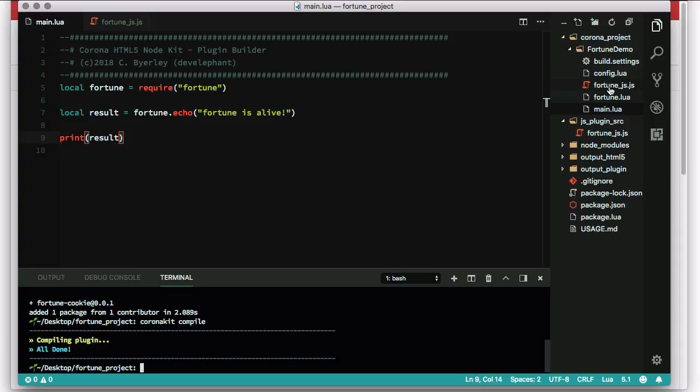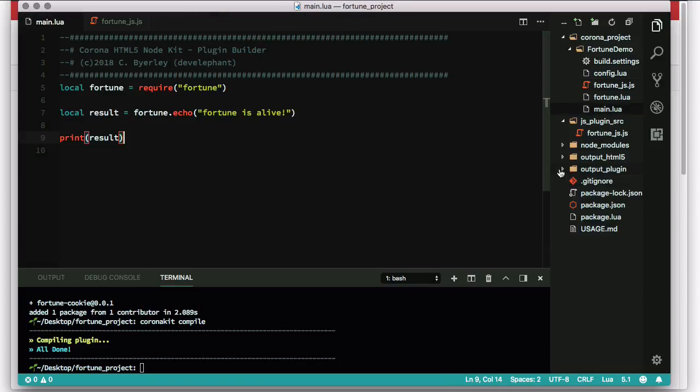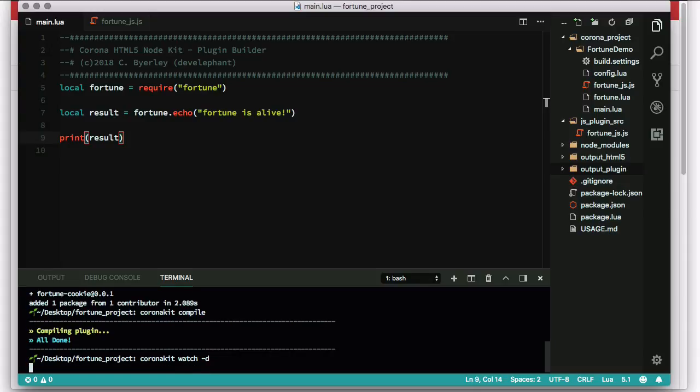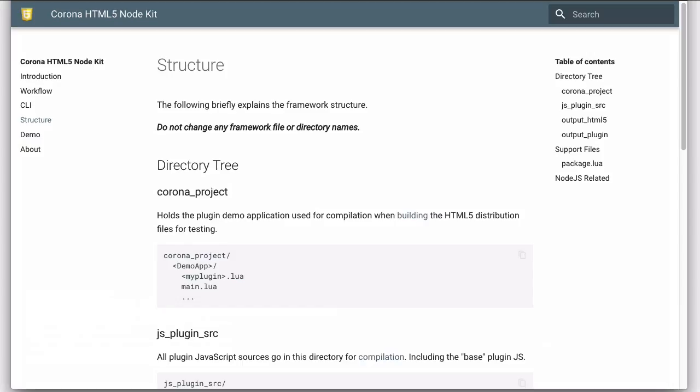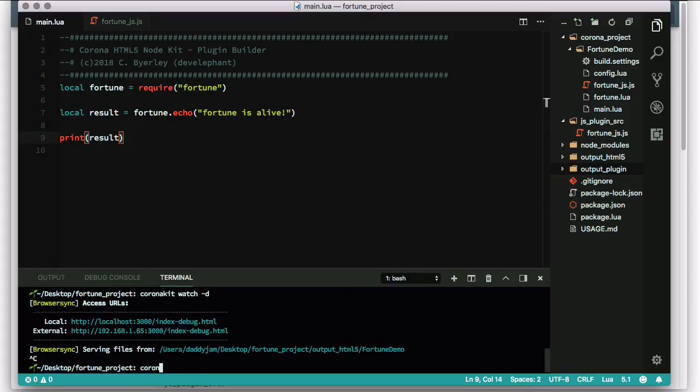You can see now we have a new file up here for our JS plugin, and it's also put it into the distribution folder here. And then the next thing, if we want to test it, is of course we're going to need to run a browser session. So we'll do a Corona Kit watch, and then a -d for the debug flag. And what this will do is use browser sync. Oh, oops, gotta build it first. Hold on one second. Let's go back here again. What we need to do is actually build the project. So I've compiled the JavaScript, and now I need to build the HTML. We do that with Corona Kit build,